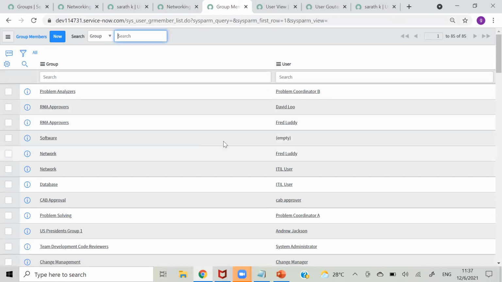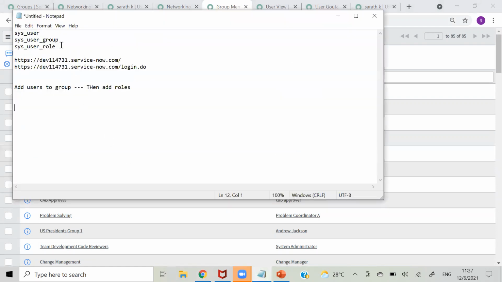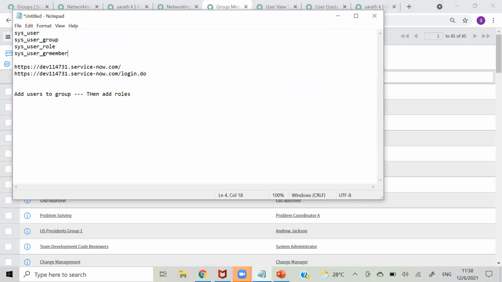Like software is a group, and here there is no user, that is showing empty. But networking, Fred Lodi. So networking, ITIL user. So you can see the relation between user and group member in this table. So this is also a default table. If you need in future to see what is the group and what is the member in that, you can see from this table.